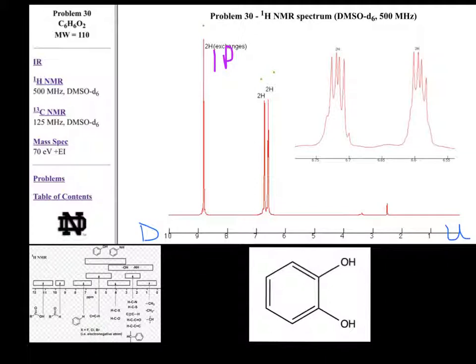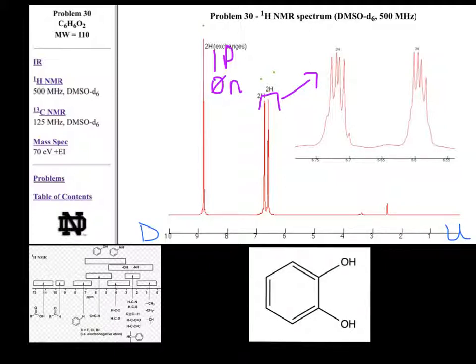This means these hydrogens will see 0 neighbors. We also see that this hydrogen group is the furthest downfield. So these are the hydrogens that are going to have the most de-shielding. We're going to zoom in on the two hydrogen groups found more upfield so we can look at their peaks